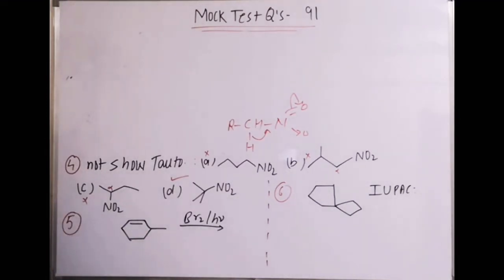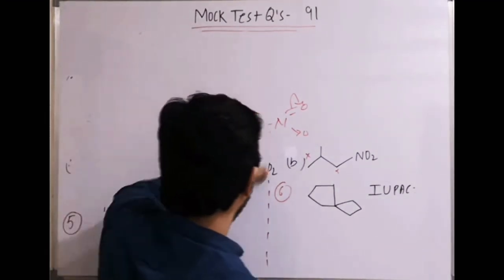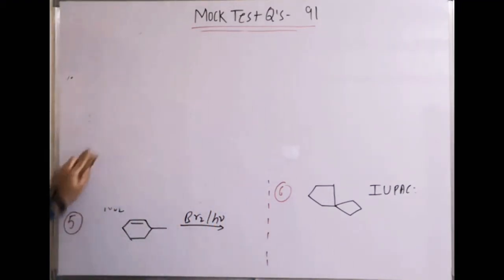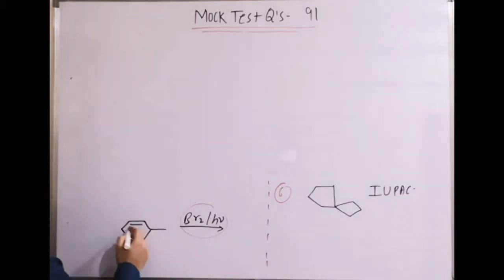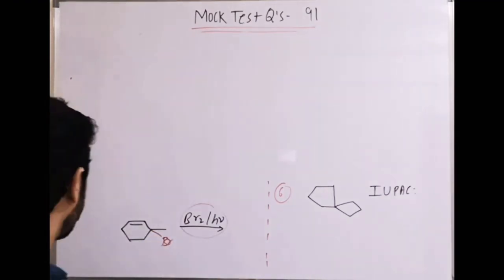Fifth is to write down the major product here, and sixth is the IUPAC name. Think about that. I am answering questions number 5 and 6. In question number 5, we know that it is Br2, hv, which is free radical substitution. An sp3 carbon will form a free radical. Here also possible, there also. This one is better because it is tertiary and allylic also. And then on this carbon, the Br radical will attack. So this should be the major product.